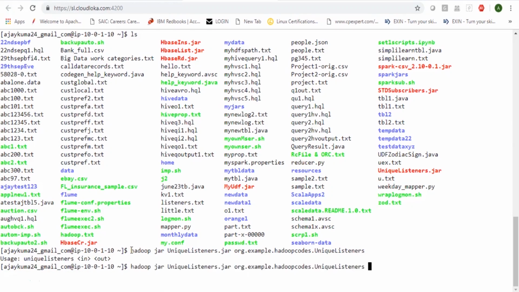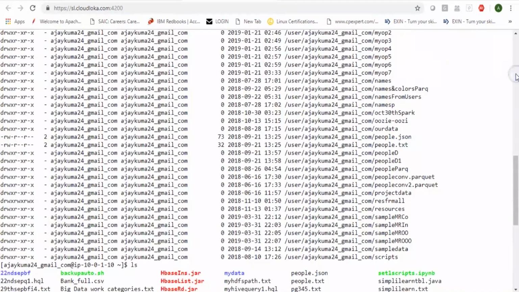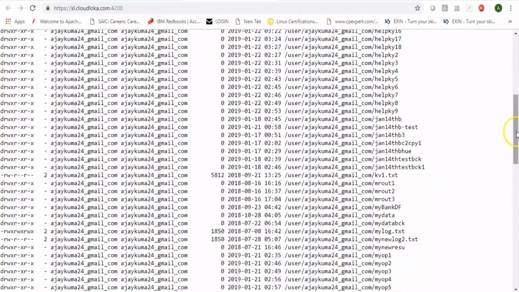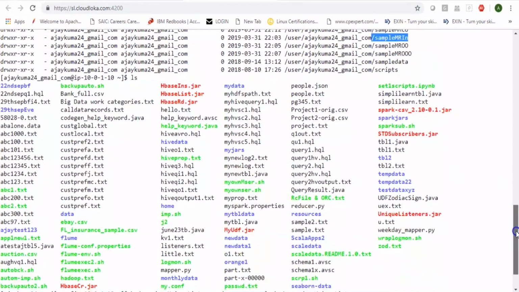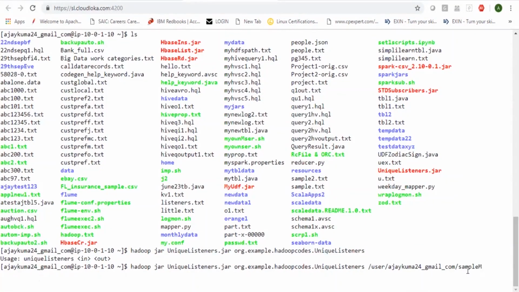So we will pass in the arguments here. So I'll say my directory where I have the data. Now I could be picking up one file or multiple files to process this. So I will say just one file, which is here, and that's my file, which is sample mr in. That is what I want to use. So I'll say sample mr in, and I need to give my file name. So I can say listeners.txt, and then I can give an output which will get created when you run your